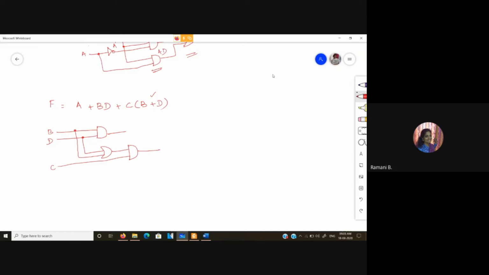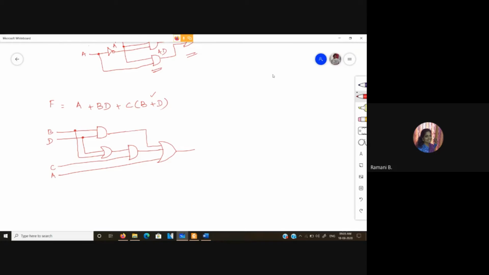And only then I can add all these. I have this A. This is a 3-input OR gate. So here actually this is a 3-level structure.